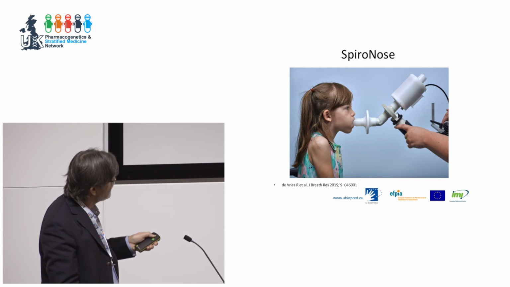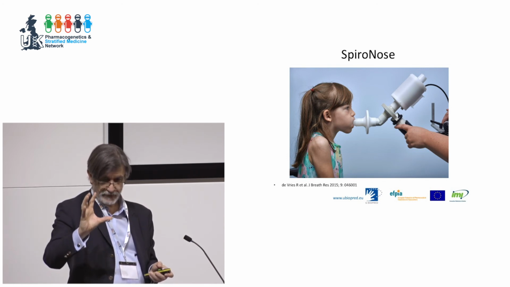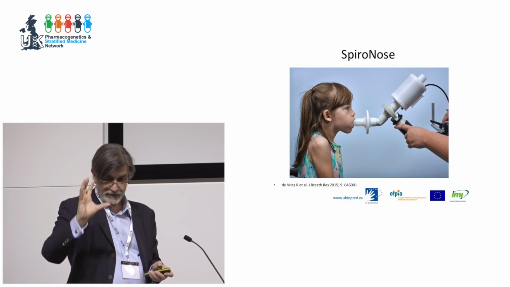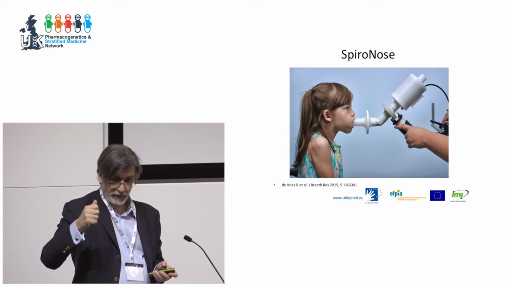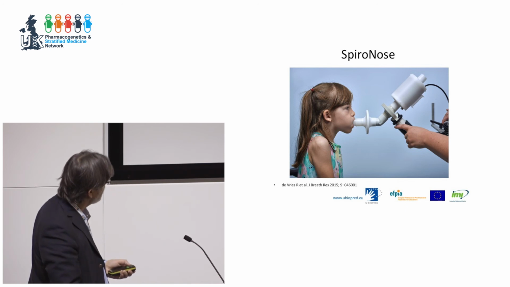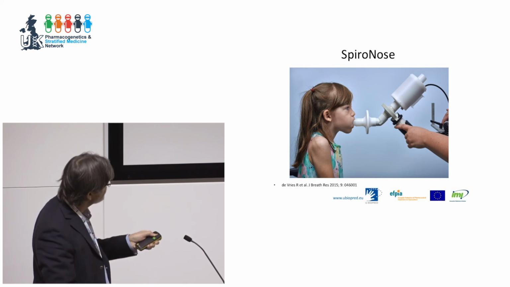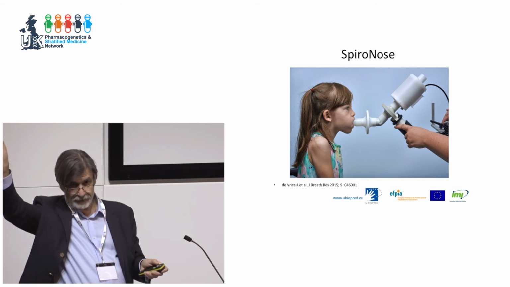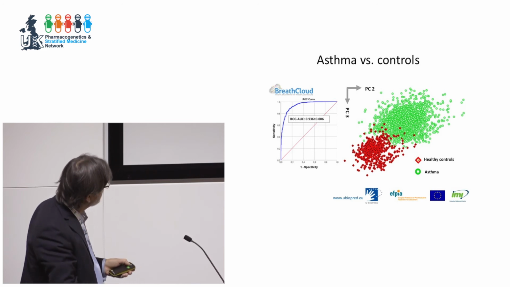The eNose is a very sophisticated electronic collection of sensors that sense volatile organic compounds. They don't give them an identity, but they just give a signature. And colleagues in Holland have developed this as an online system. So the patient breathes, and you can see a child can do it. The patient breathes out, that goes into a cloud, and the result comes back. And this is the type of result that comes back.